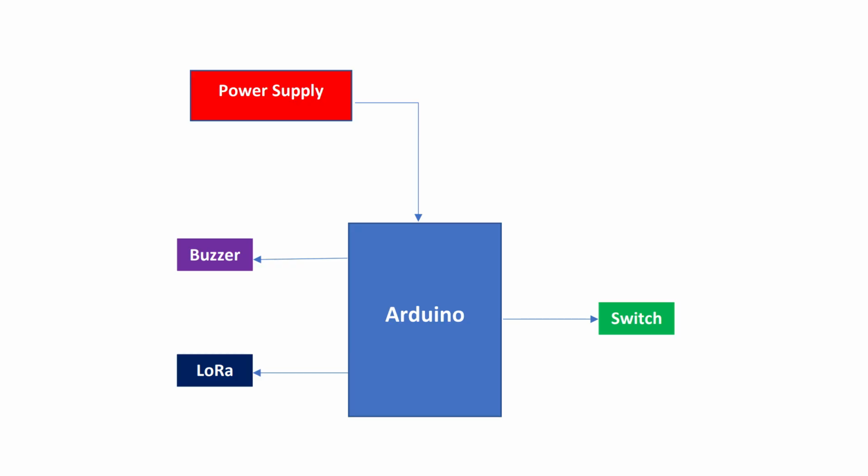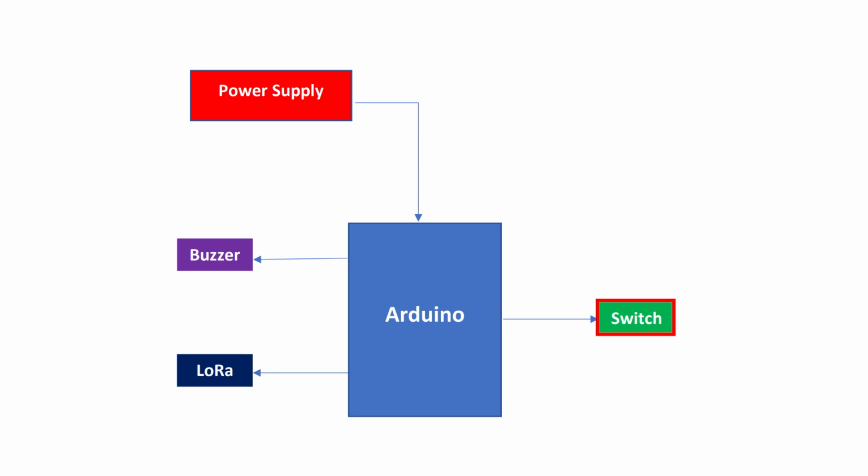As can be seen in the block diagram of the first board, we are using Arduino Uno as the main controller board. Then the LoRa module is connected to the Arduino as the transmitter module. It will transmit the data from this Arduino to the other Arduino. Then we are having switches. There will be mostly 4 switches to indicate from which way the ambulance will be arriving.